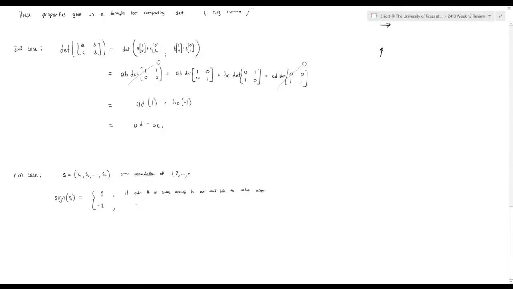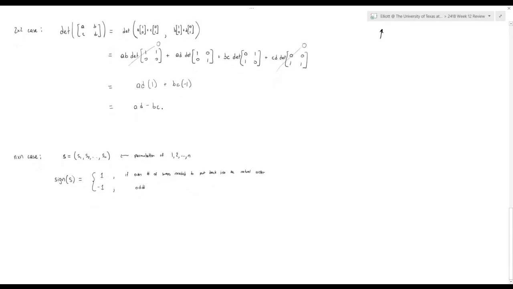And then if it instead requires an odd number of swaps to get it back into this order, then we'll say the sign is -1. Okay. So if you do this process for a general n by n matrix, it will turn out that the